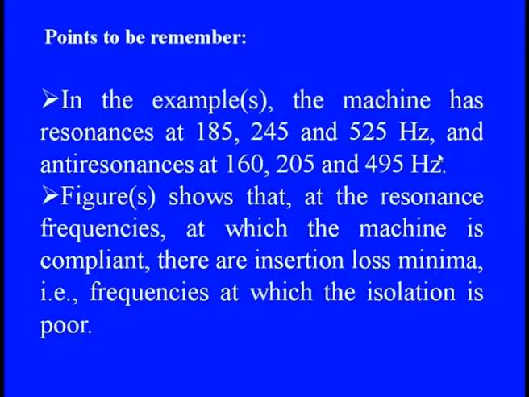Like you see here, first we have the rigid base, meaning the foundation is rigid. Then we have the flexible foundation, and now the flexible machine. So in the flexible machine case, we can certainly reach the main conclusion that the machine has resonant frequencies, as I showed there, at 150, 245 and 525 hertz, and the anti-resonances according to the resonance features are at 160, 205 and 495 hertz. And that figure shows the resonant frequency exactly,